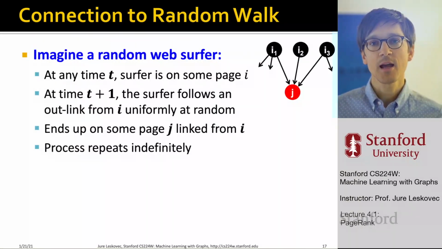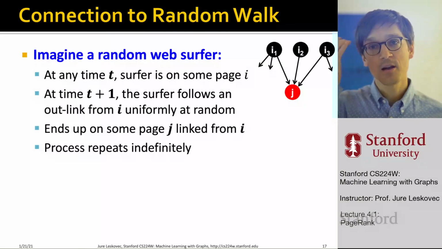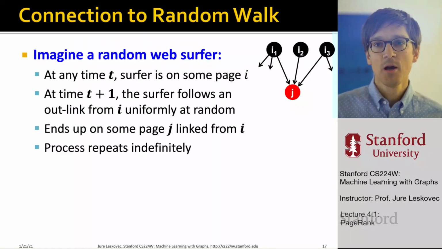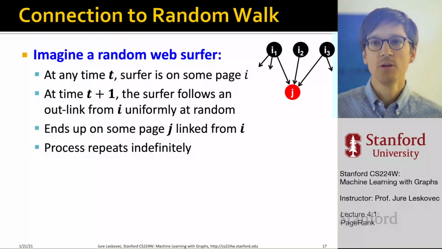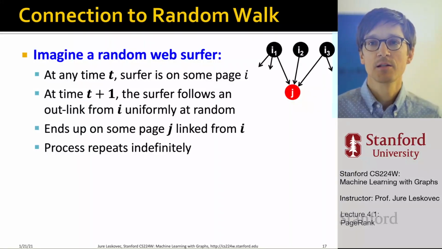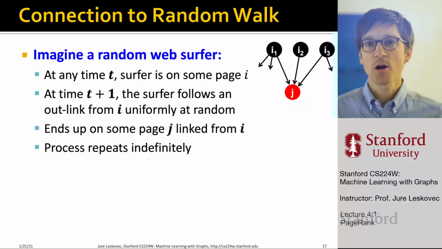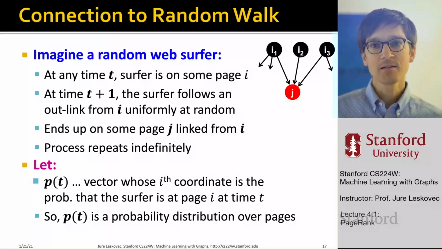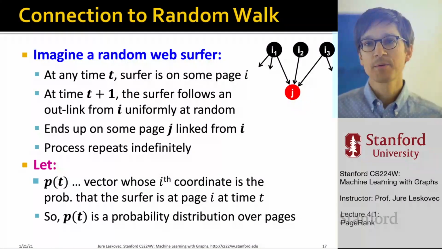Right? So the idea is, again, I have this random walk, this random surfer, that whenever the surfer arrives at a page, picks one of its outgoing links uniformly at random and navigates to the target. And this process repeats indefinitely. It runs infinitely long. So let's try to ask, where is the web surfer? This random surfer surfs the web. At what node is this web surfer?